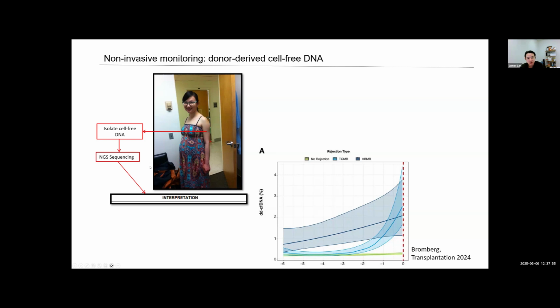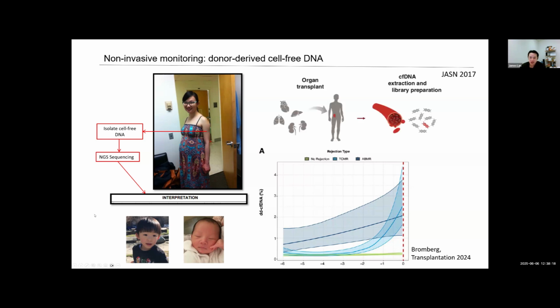That technology wasn't commercially available at the time, but I knew this guy on campus, and we gave Danny's blood to them, and they were able to tell us that we were going to have a boy. A few years later, when we had our second child, that technology became commercially available, and we could pay for it and also knew the sex of our second child. But going through this process, I said, organ transplant is very similar, because we can also have DNA released from the donor organ that gets damaged, that goes into the recipient circulation, and we can find it by NGS. It turns out that that is in fact possible.